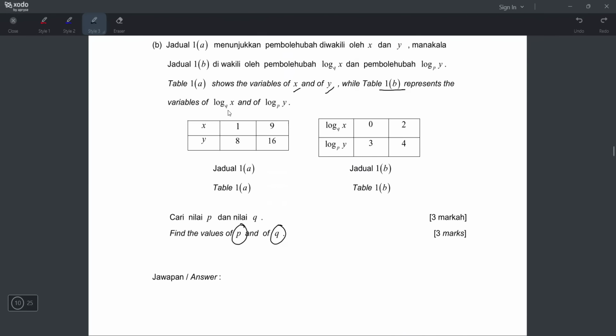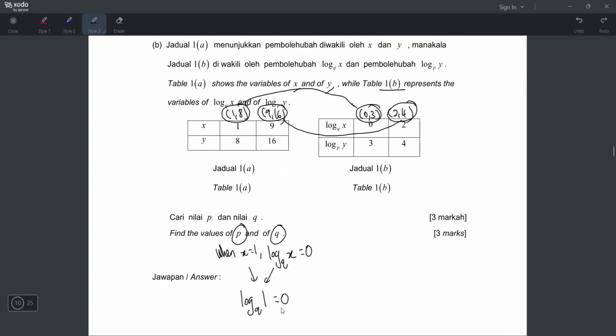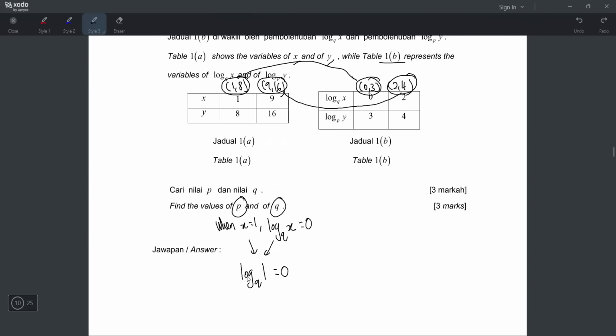So when x is 1, y is 8, but you will get 0, 3. Okay, so how will I write it? I'll write it like this. When x equals 1, I can find log base q of x equals 0, right? So it becomes log base q of 1 equals 0. Then we do anti-log. When we do anti-log, you move the log base to the other side, and the log base becomes the number base, so 1 equals q power 0. But I'm trying to find q,